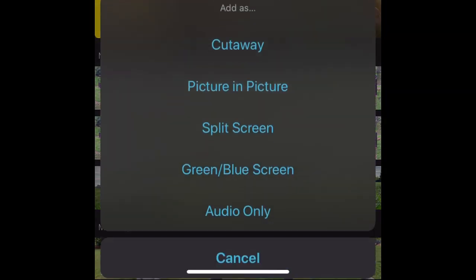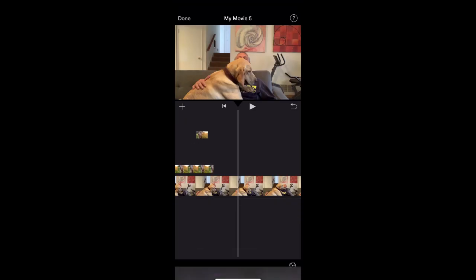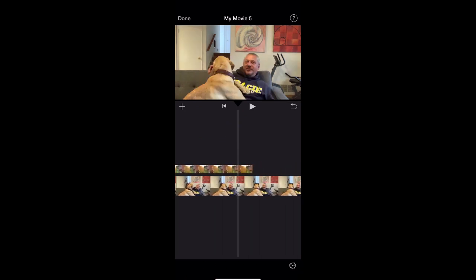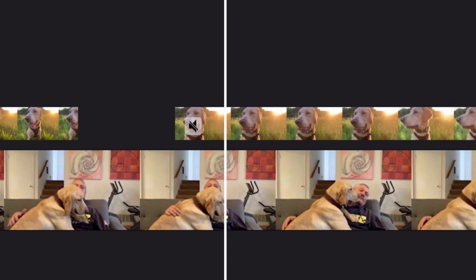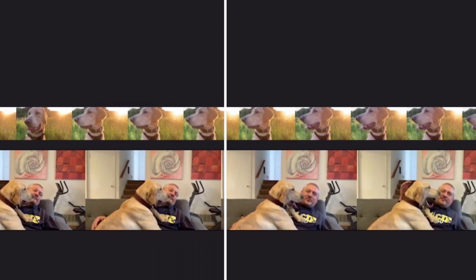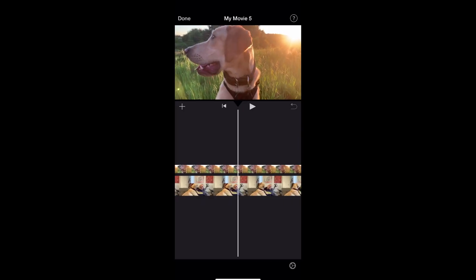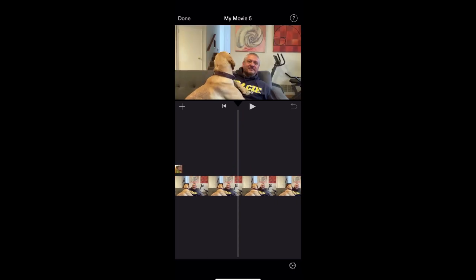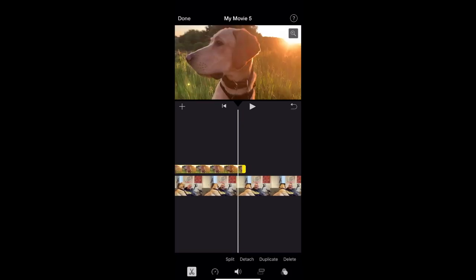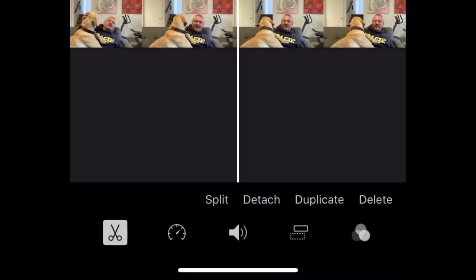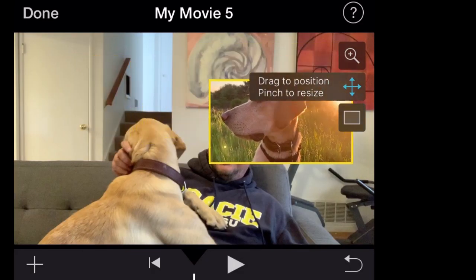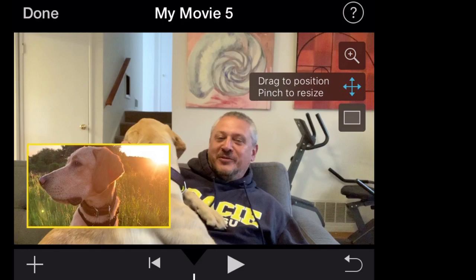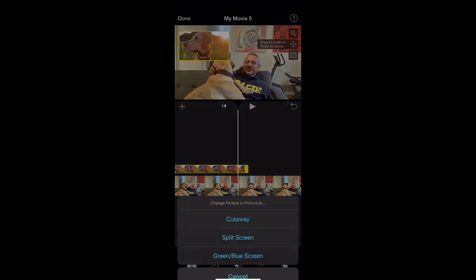You could add it as a cutaway. And if you add it as a cutaway, it's going to add on top of your video. So underneath, your voice is going to continue, your video is going to continue, but on top, you're going to have that footage that you added. So you could also go with a picture-in-picture option. You can position it around, so if you're doing the news or you wanted to have something on top of yourself there. Another option, you could do split screen,